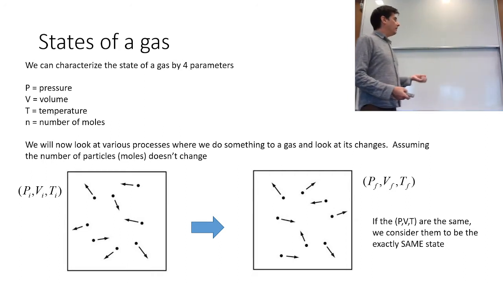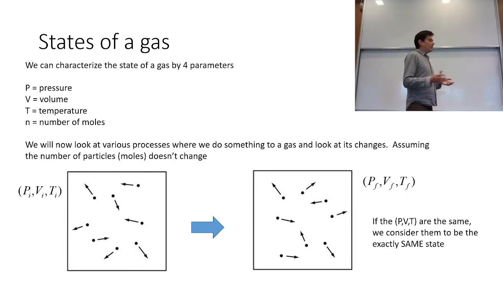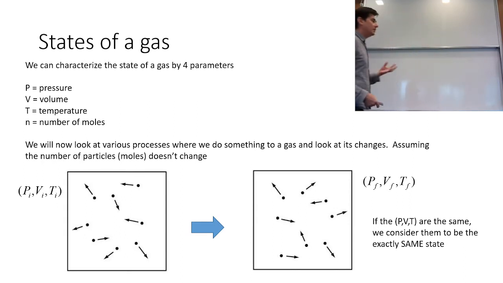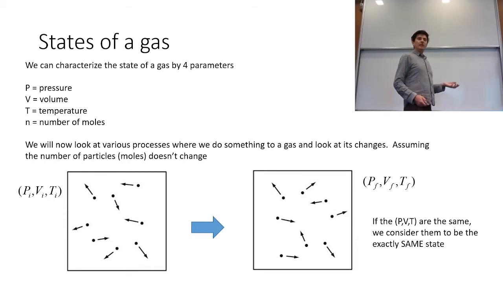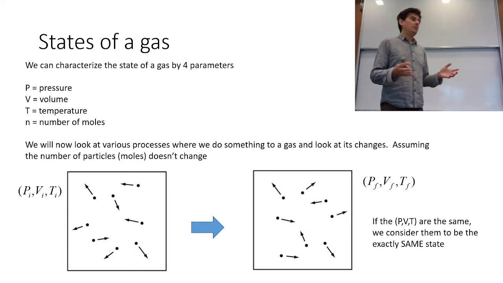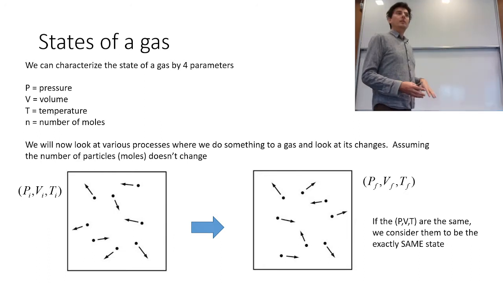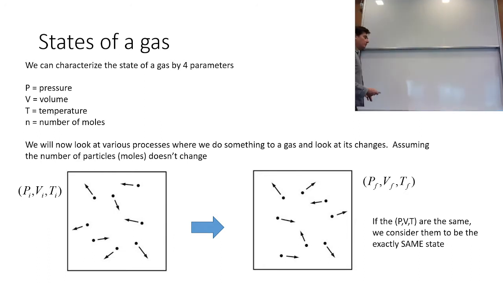And if they have the same pressure, volume, temperature, and number of moles, then for all intents and purposes, it's the same state, right? So that's a central concept in this whole thing. It's not really an obvious statement. You might think, what about some other variable that describes these gases, and for some reason it doesn't really matter, and these four variables are the main parameters. Okay, so